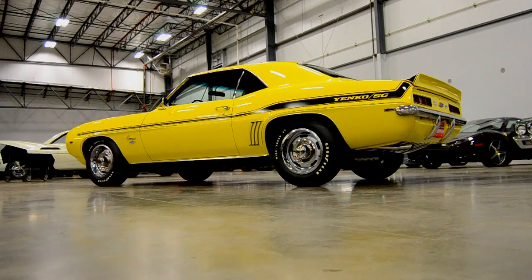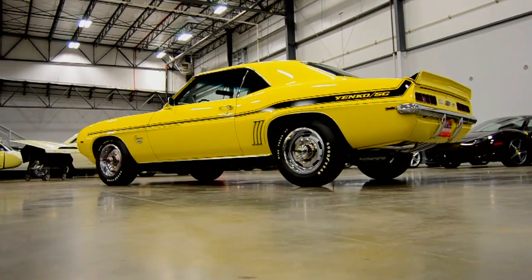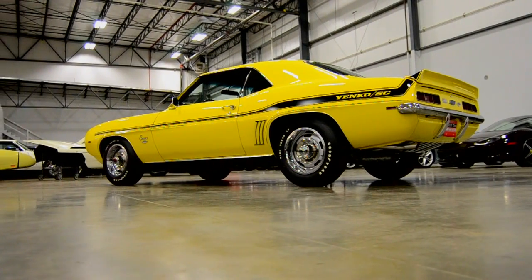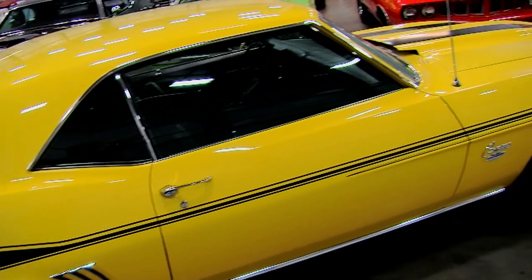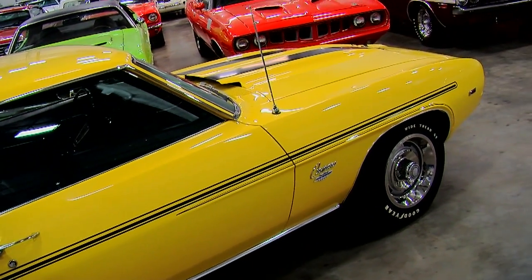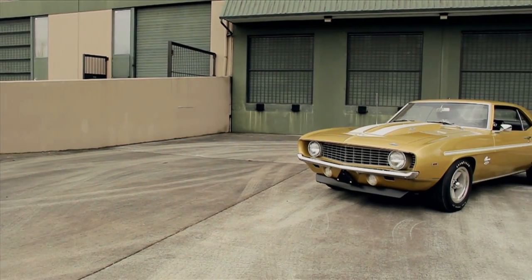Next up, we've got the 1969 Yenko Camaro. And these stripes are kind of interesting because it wasn't really a designed stripe for the car. It was kind of an afterthought. Yenko needed something to make these cars stand out. They had all the performance of the 427 under the hood, but the stripes were actually applied at the dealership, and they were a vinyl